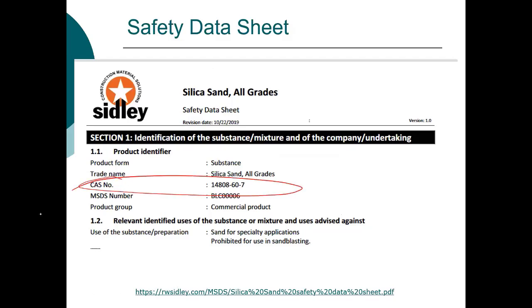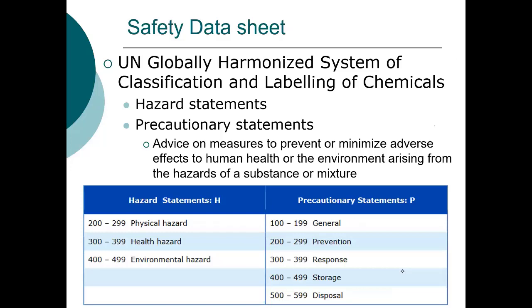All chemicals have a CAS number. So this is an identifier that is standardized and can be used to identify that chemical. So even if the name is different, the CAS number is always the same. So as I mentioned, there's this globally harmonized system. It's a globally harmonized system of classification and labeling of chemicals. And this provides information on what is referred to as hazards and then precautions. So the hazards, again, this is universal across the globe.